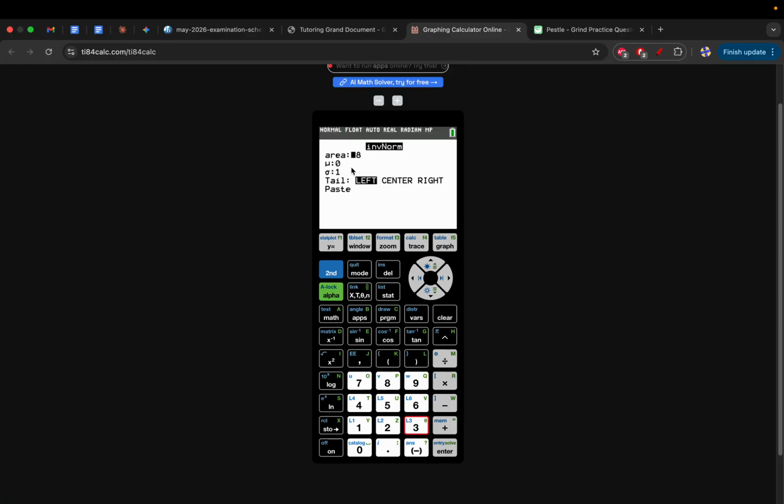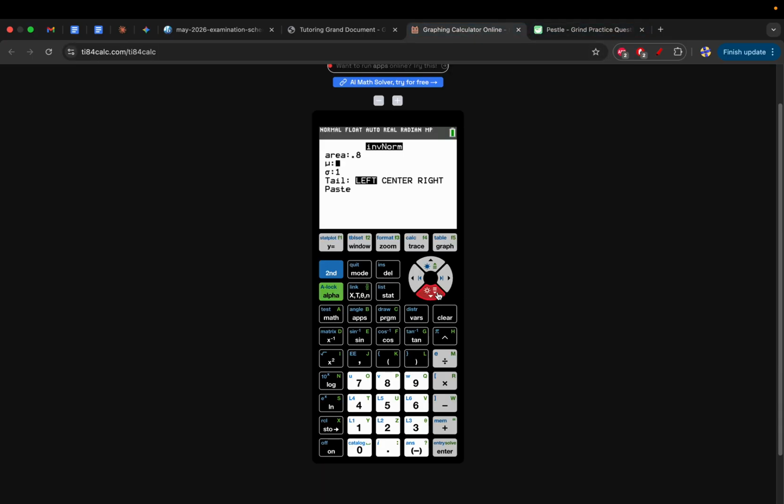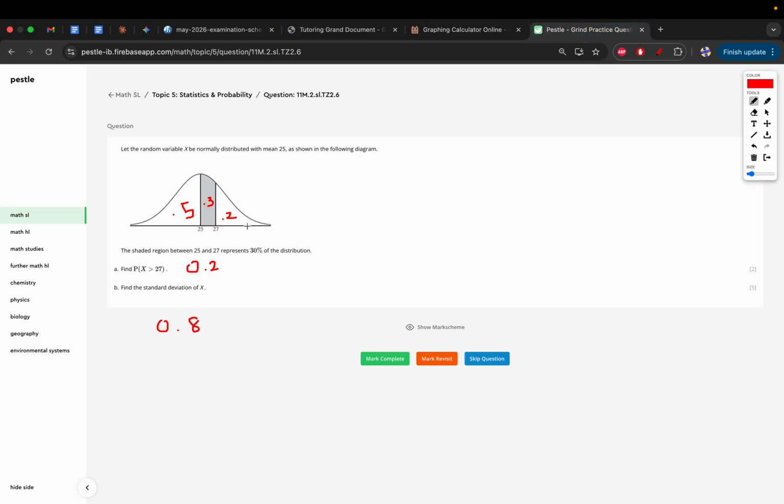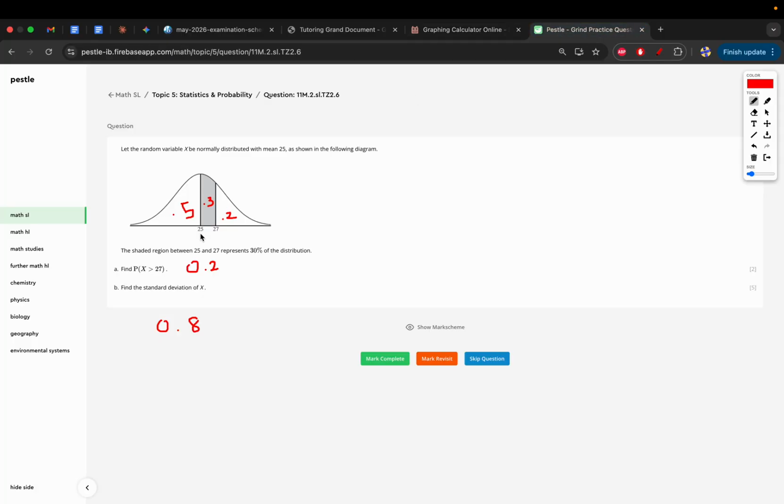And we can use our normal distributions. Remember, the normal distribution is going to be the default value. Your mean is going to be 0 and your standard deviation is 1. And we're to the left side of 27, so we'll use the left. And we'll paste this here. And you'll see that we get 0.8416. And what that's going to tell us is that 27 is 0.84 standard deviations away from 25. Okay, so 0.84, this is our z value,